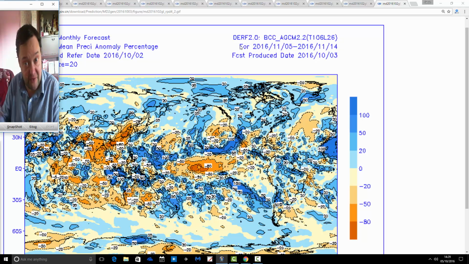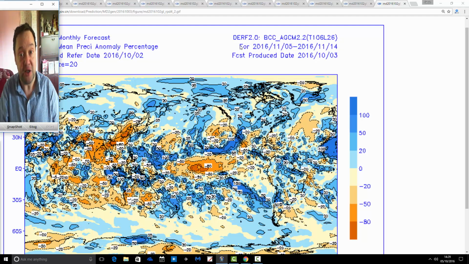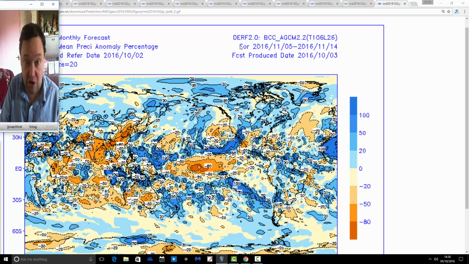I'm just not really convinced about the temperatures. I think they're overdoing it. I would have thought the temperatures are likely to be substantially cooler than those charts were suggesting. So around average temperatures, I would have thought, and at times probably a bit colder than average with so much high pressure around. As ever, these long-range models are all highly experimental, and their forecasts are not to be relied upon. So it's just for fun.